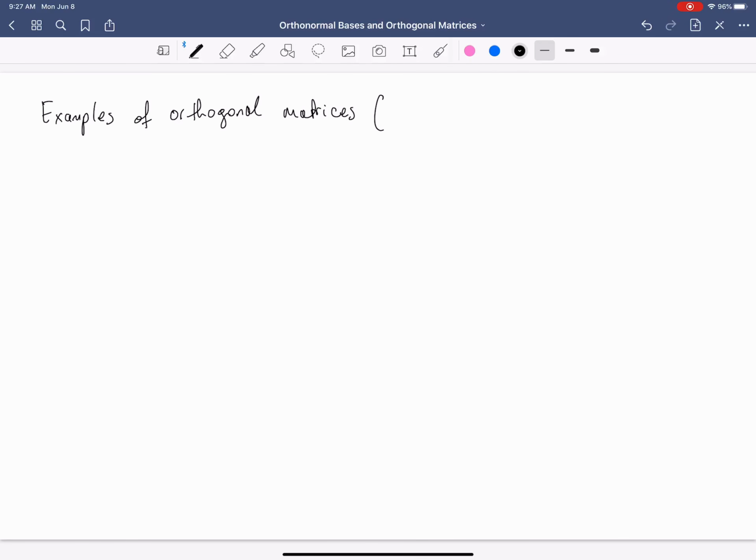So I'm just going to write a reminder that a matrix is orthogonal if it is square, and it satisfies the equation Q transpose Q is the identity. If it is not square, it could satisfy the first equation, but we would not call it an orthogonal matrix. Our first example is a rotation